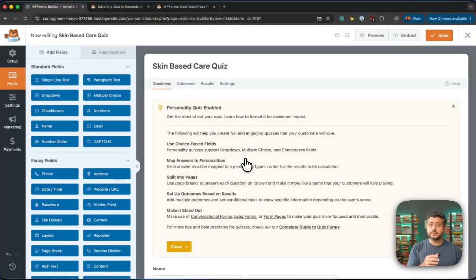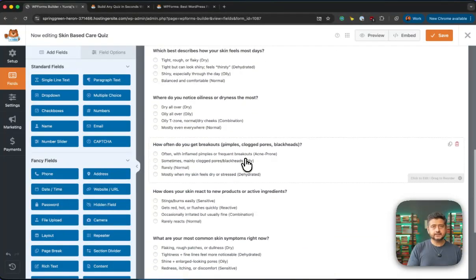Personality quizzes have a single answer. Graded answers or graded choices will have a specific right or wrong answer. And the weighted answers will have individual weights, but the logic remains the same. So on this skincare based quiz, if I scroll down, you see these are the existing questions that have been